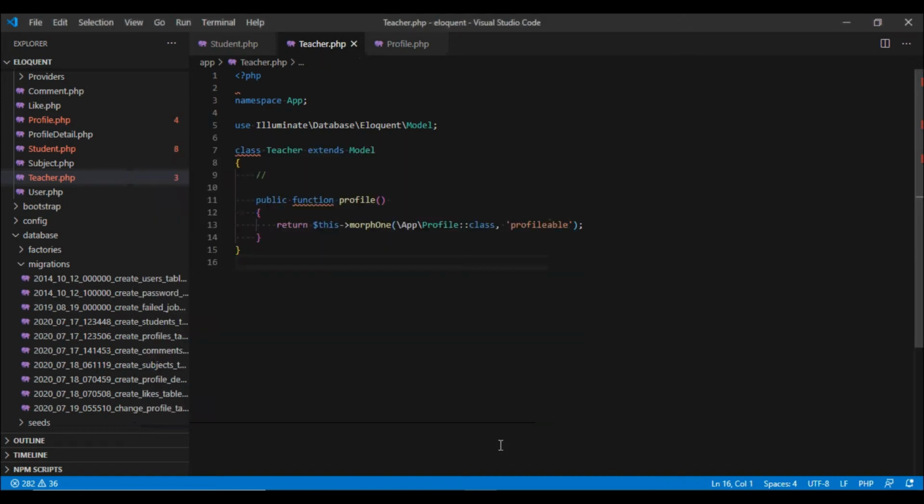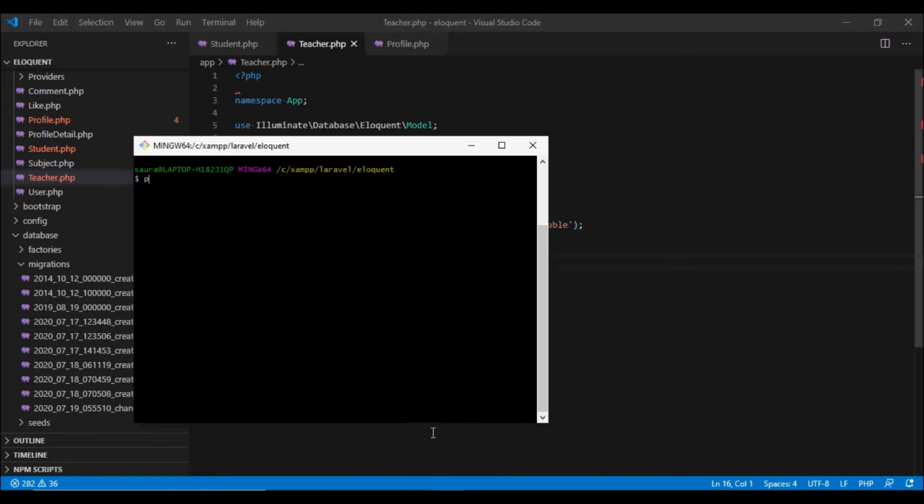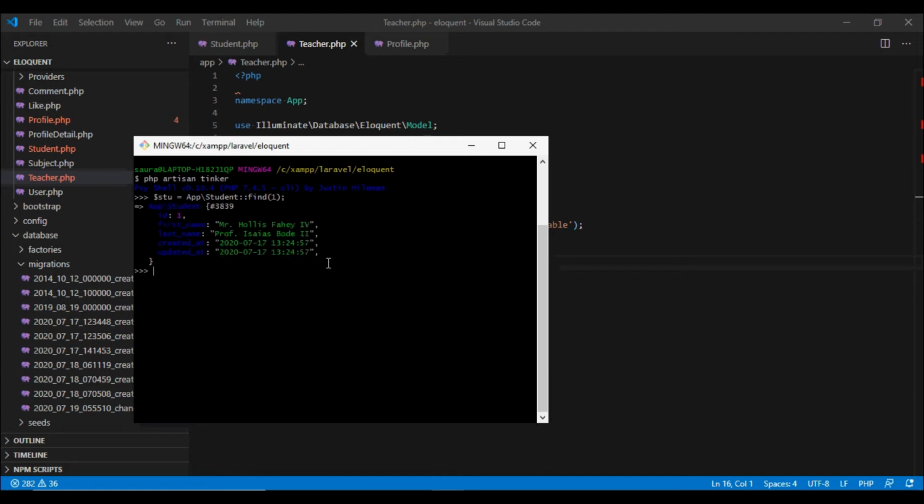Now let's see how we can use it to save data into the DB. Let's go to Tinker, and now we are going to fetch a student. At this time, fetching the profile for the student will return null.